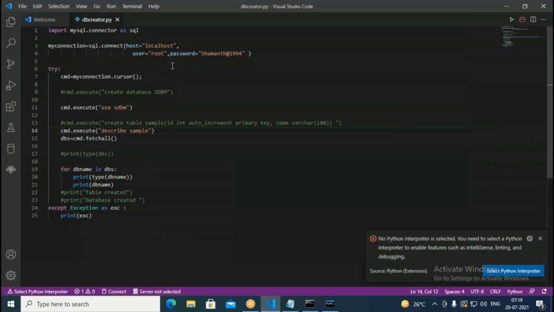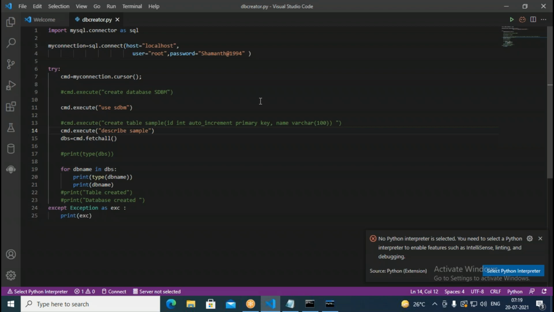Okay, so we are getting connected to the underlying database. Then from there, what we are doing is invoking different types of commands. First thing is the create database command, then opening the database, then creating a table. Similarly, describing the structure of the table using the describe command. We can describe the structure of the table. So this is what is happening. We are executing different types of commands.